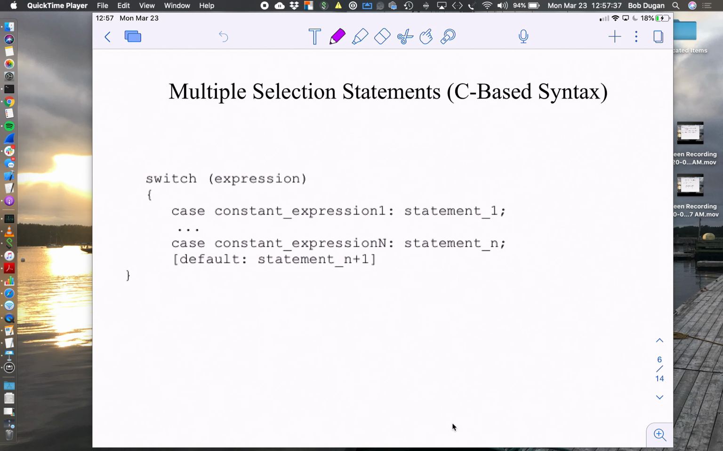So we've talked about expressions involving two control paths. And now let's talk about expressions that involve n possible control paths. So here is an example